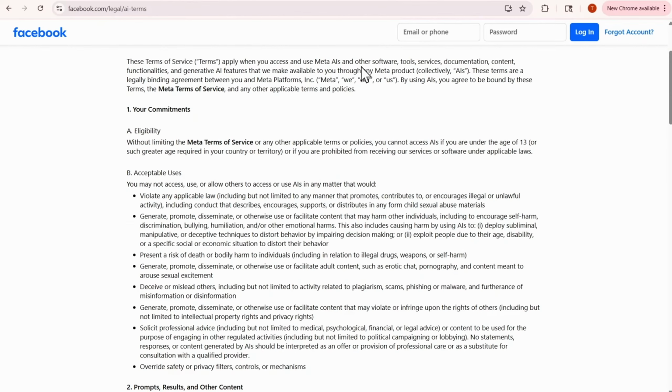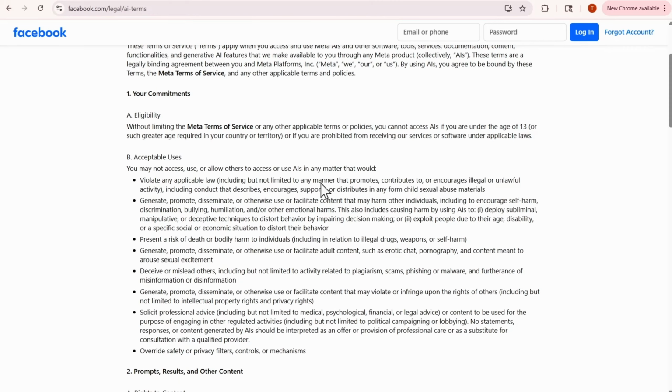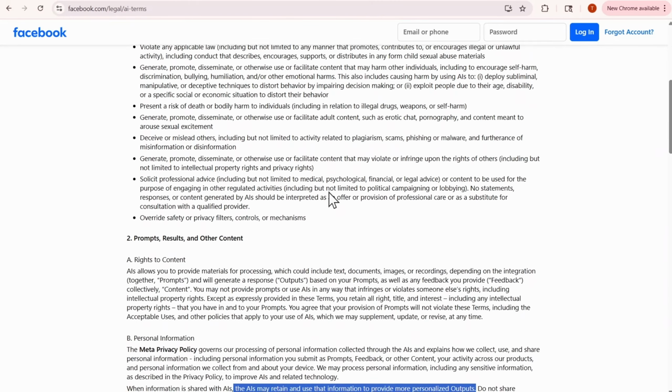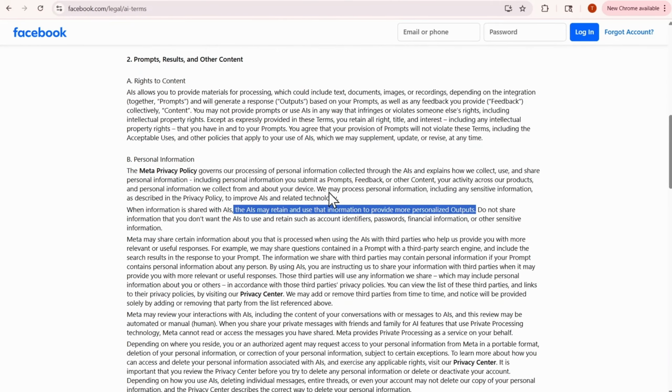When a data protection counsel is drafting these terms of service, generally the stakeholder or customer is going to display the data flow when it comes to using the AI product, because that influences the provisions placed here. It says here the AIs may retain. The use of the word "may" tells me that it's a permission thing. This is not a mandatory requirement for using the AI product. And then we can also see "provide more personalized outputs," which gives me insight that it's likely a permission box is presented to consumers if they want this feature.